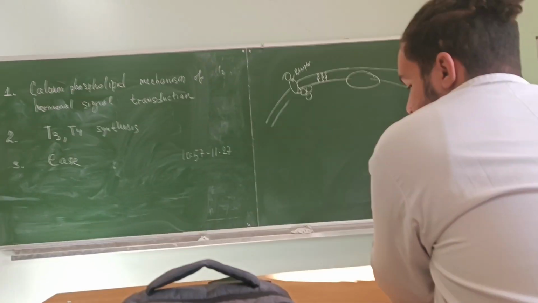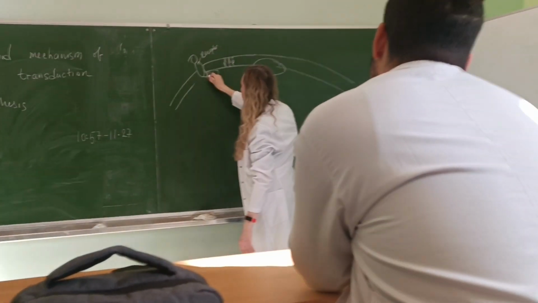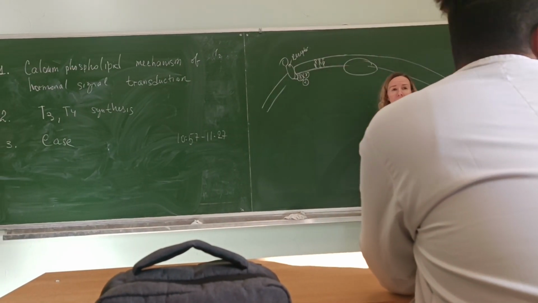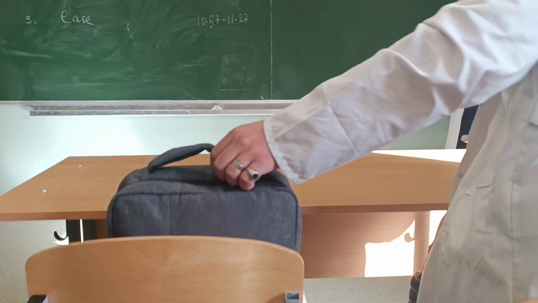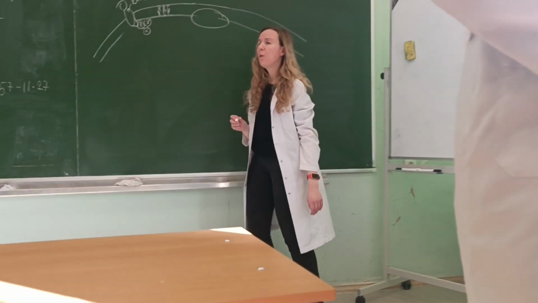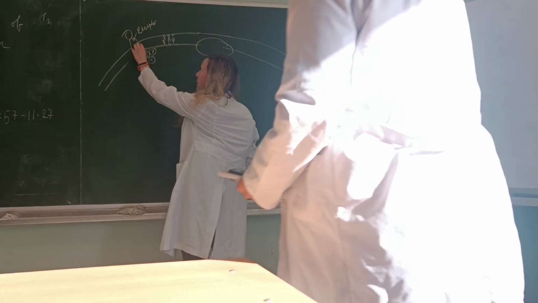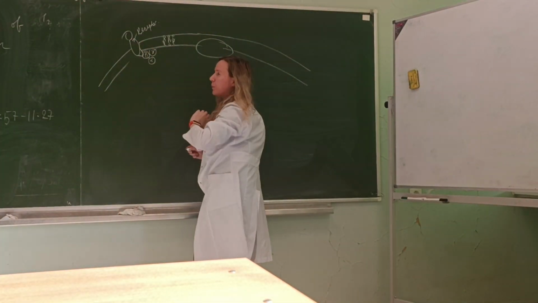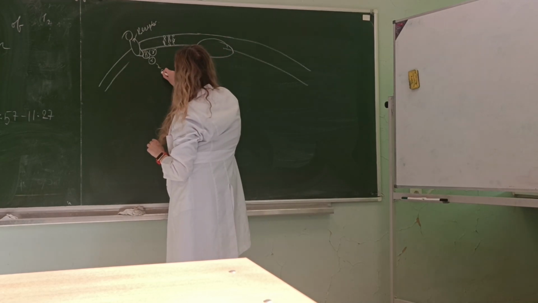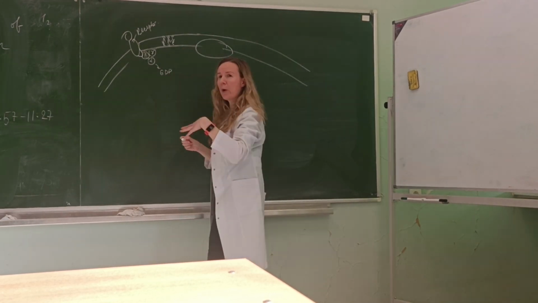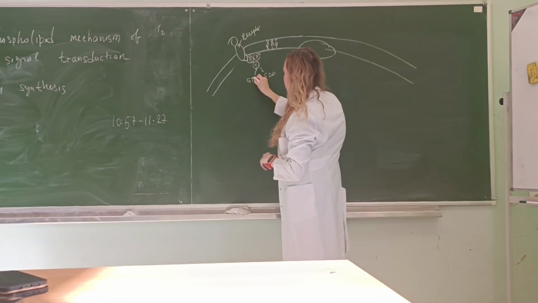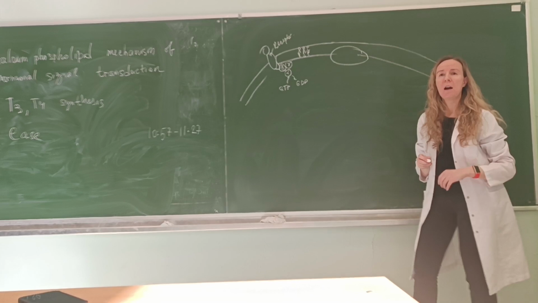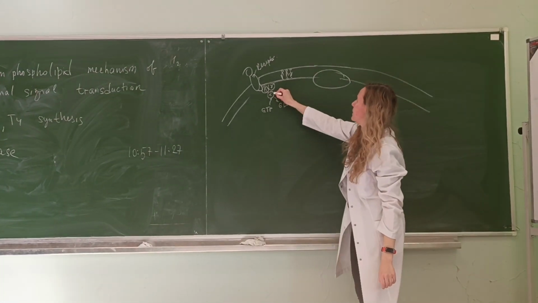I remind you that there are three subunits in the structure of G protein: alpha, beta, gamma. The alpha subunit is connected with GDP in case of hormone absence. When the hormone connects with the receptor, the receptor starts to connect with G protein, GDP will go away, and in place of GDP, we connect GTP. Alpha subunit with GTP